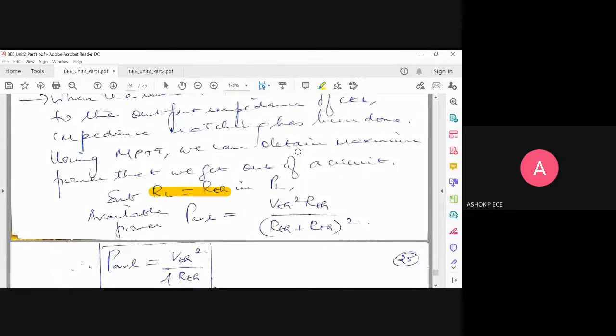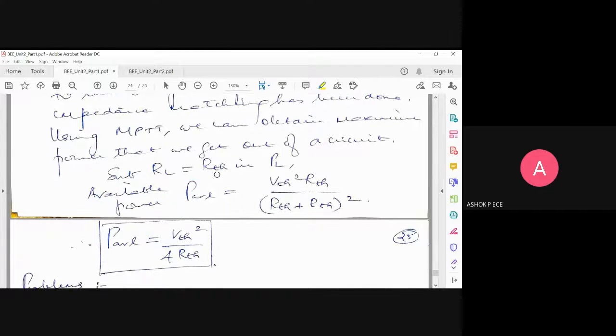Sir, but if the RTH is lesser, even heat will be less, no, sir? See, at RL equal to RTH, the power transfer is maximum, which means that the loss is less. For values where RL is less than RTH or RL greater than RTH, power transfer will be there, but maximum power will not be transferred and the heat loss will be relatively higher. So only at this point, the loss is minimum. Outside this point, anywhere you take, the power transfer will be lower and the loss will be high.